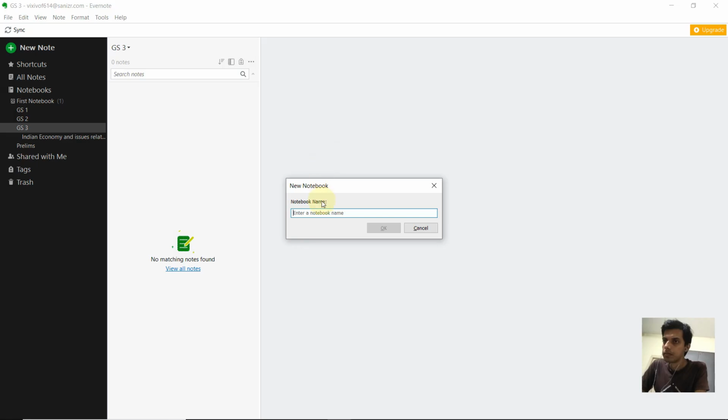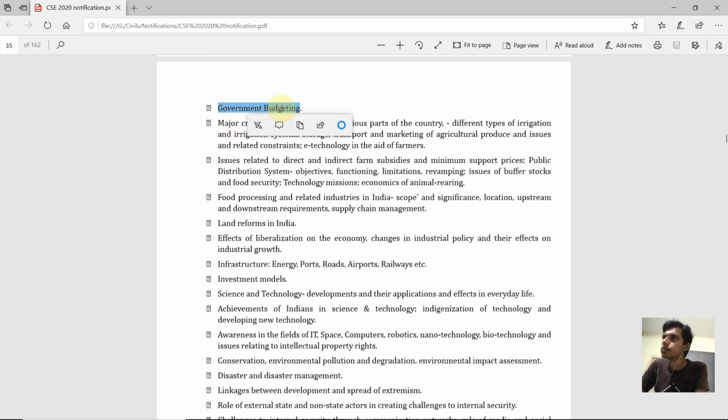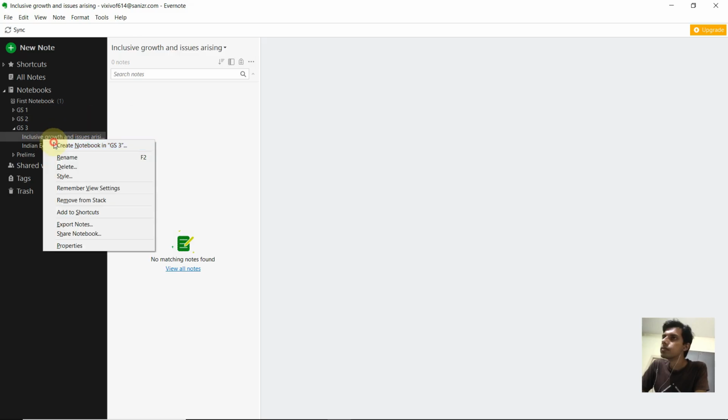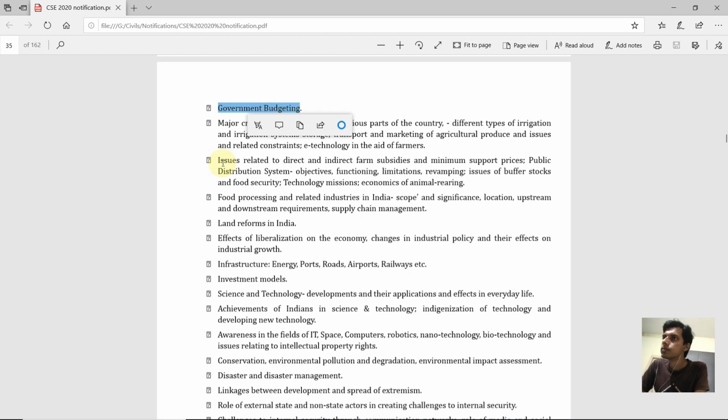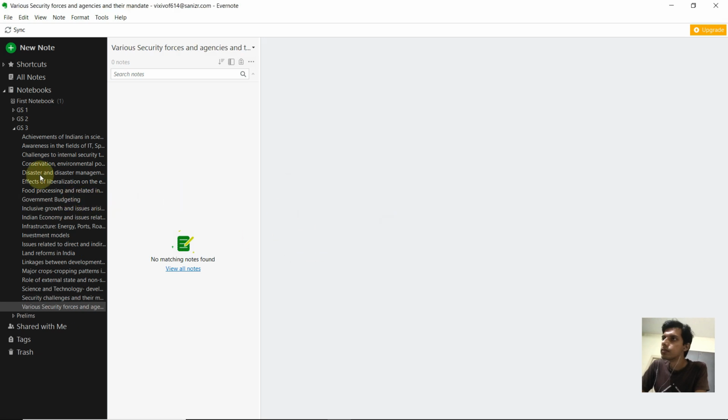So GS1, GS2, how we have created, the same process we will be following here for the GS3 also. And we have created all the topics which are in the GS3 in this GS3 stack. So all these stacks are there inside the notebook stack, and then within these topics you can create new notebooks.